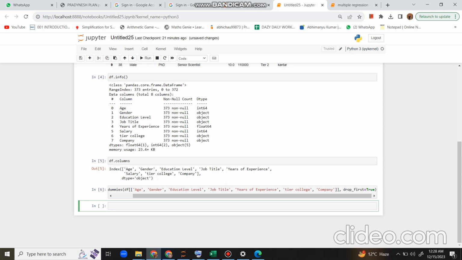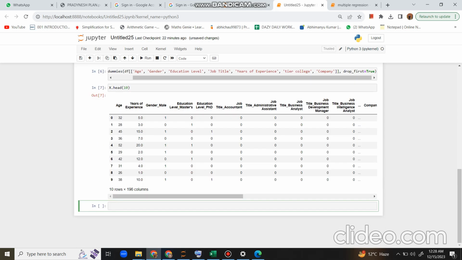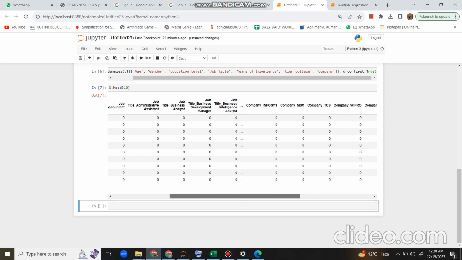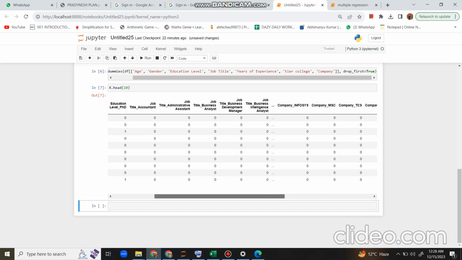Now if you want to check whether it is converted or not, x dot head, if you run this, yeah, it has been converted. Everything that was categorical has been converted into the binary one. Now